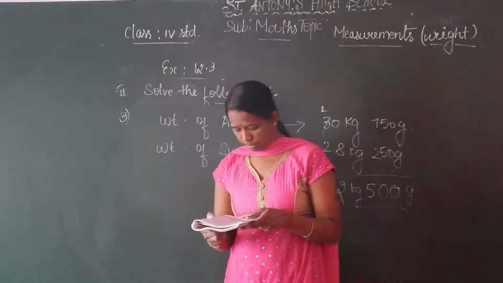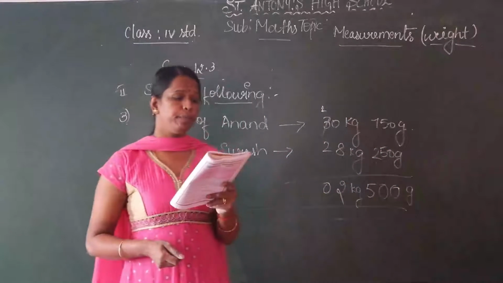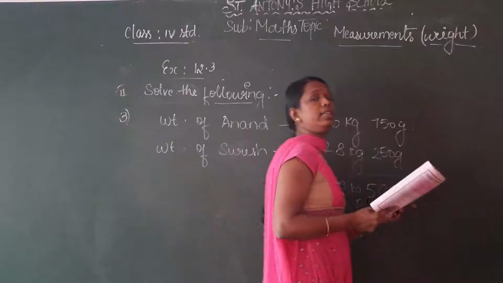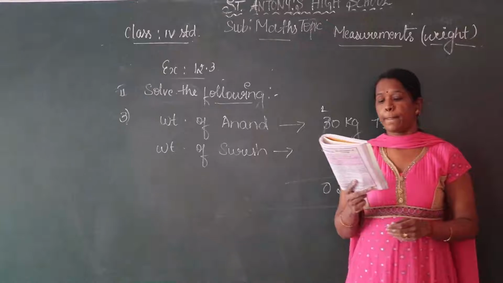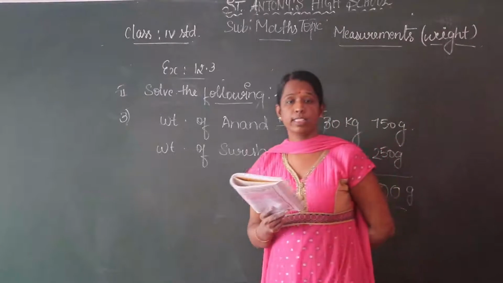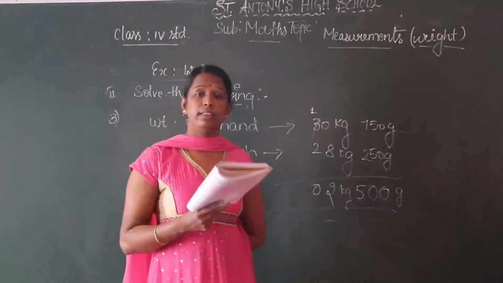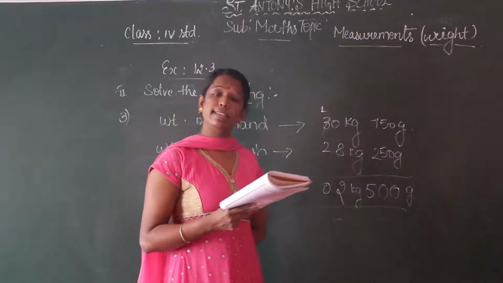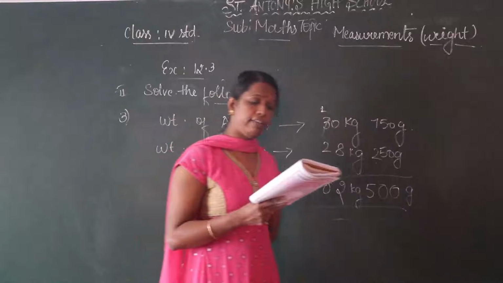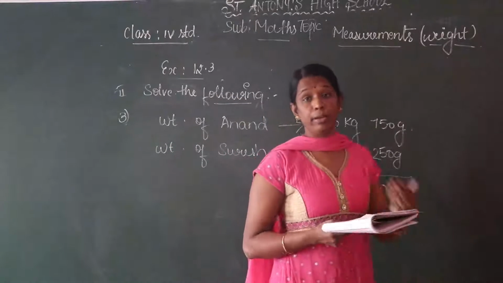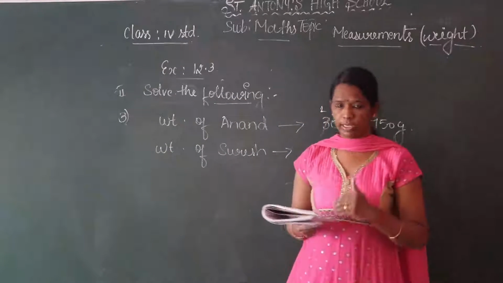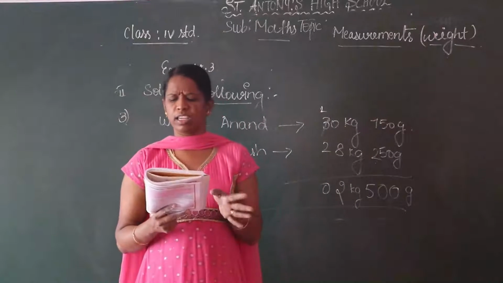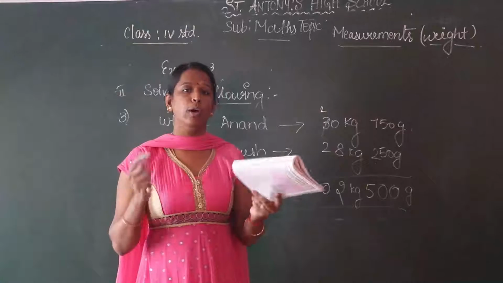So here from page number 56, that is exercise number 12.4, you have to do yourself. Okay children? In exercise number 12.4, they have given some objects. First one, hammer. Estimated weight is 1 kg. Hammer, you know children, hammer weight is 1 kg. But when we weigh, that is accurate weight, it comes to 1 kg 200 gram.